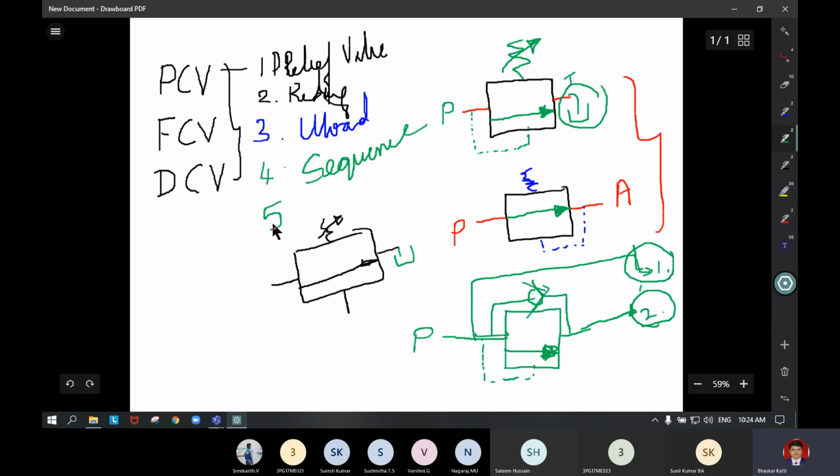The last one we have studied in this is the counterbalance valve. Again, this is used to counterbalance the weight coming on vertical cylinders. Always it is associated with vertical cylinders which will fall or extend under gravity.